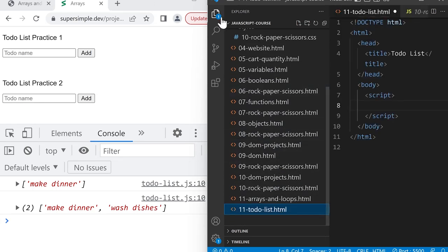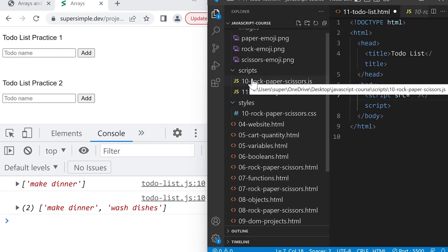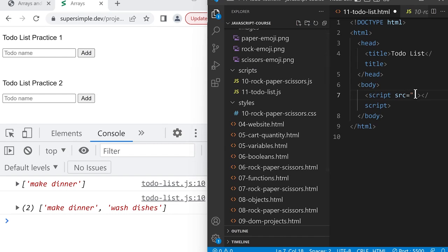So let's open this. And in the script element, we can remove the spaces, and we're going to add an attribute called src equals, and we're going to load the JavaScript file that we just created, which is inside the scripts folder. So we'll type scripts and then a slash to go into this folder, and we'll load the file 11-to-do-list.js and save. So now